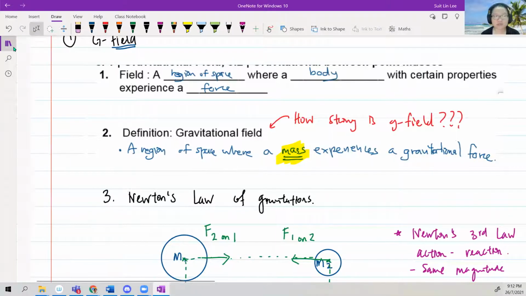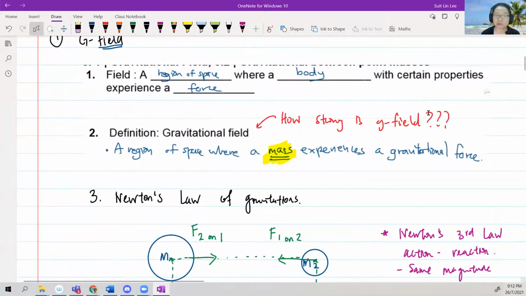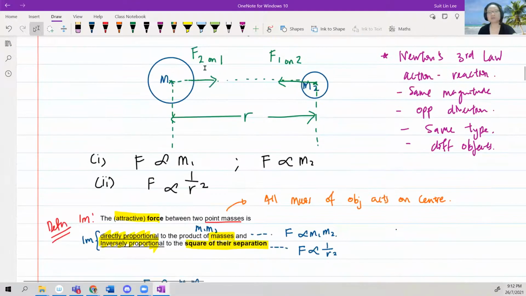So in physics, whenever we have something that is dependent on too many variables, because this force, you could say, teacher, very easy only. If the field is strong, the force is bigger, lor. Yes, if the field is strong, the force is bigger. But let's say I want to know how strong is M1. And then I look at the force on M2. And then your argument could be, but teacher, the force also depends on M2. And because the force depends on both M1 and M2,